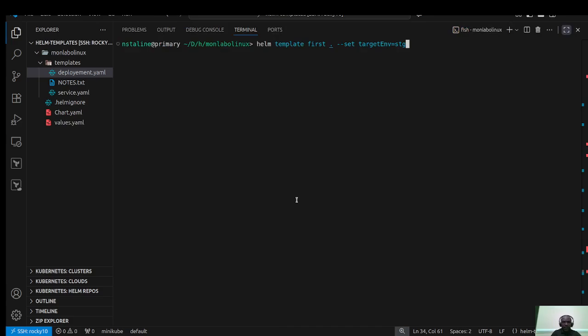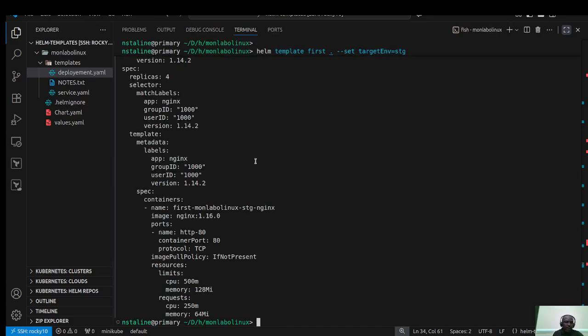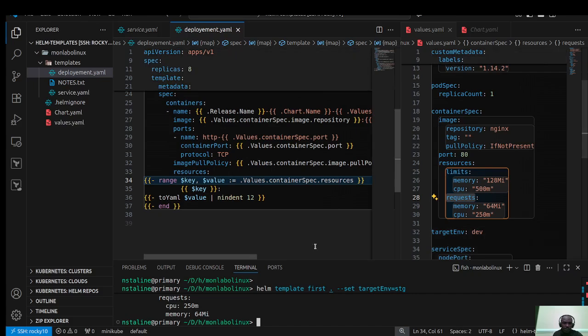So if I do this, you will now see that I have the resources. Okay, resources, and on the resources I have limits, the CPU. Okay, so this is the first key. All right, so if I was to do this,